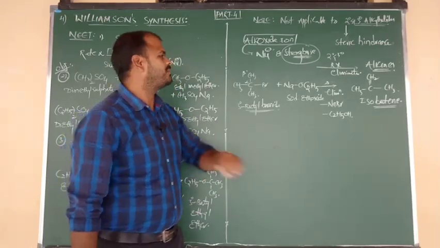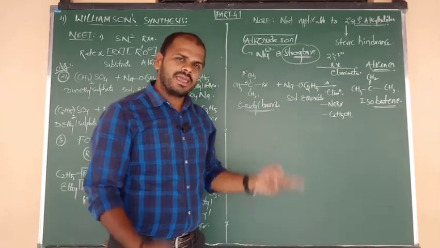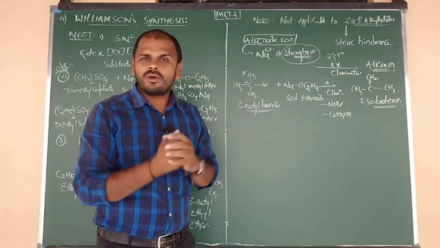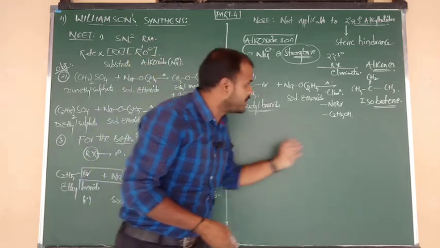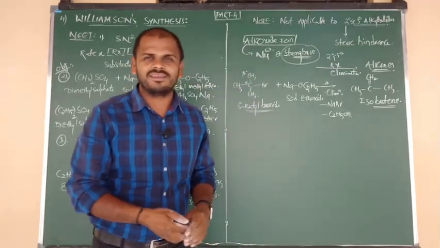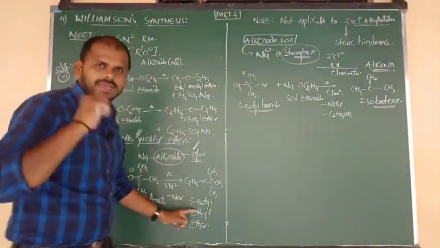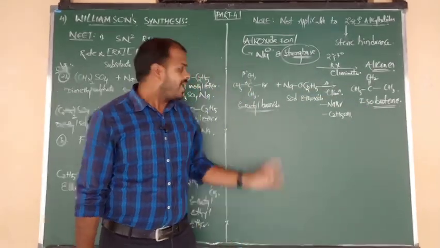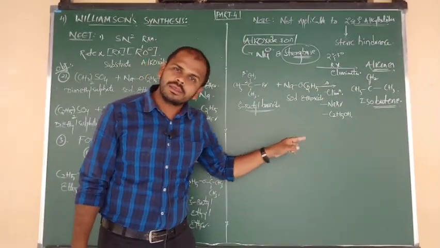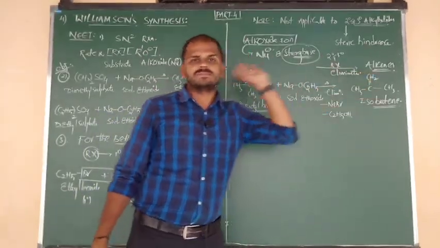Okay, good. Similarly, taking a secondary alkyl halide, again two alkyl groups will be there, and they cause repulsion. Again the secondary alkyl halide also undergoes elimination, and again gives the product, nothing but alkene. What? Alkene. So primary alkyl halide purely gives ether, tertiary alkyl halide purely gives alkene, and secondary alkyl halide gives alkene as well as ether. But in secondary alkyl halide also, alkene is the major product.